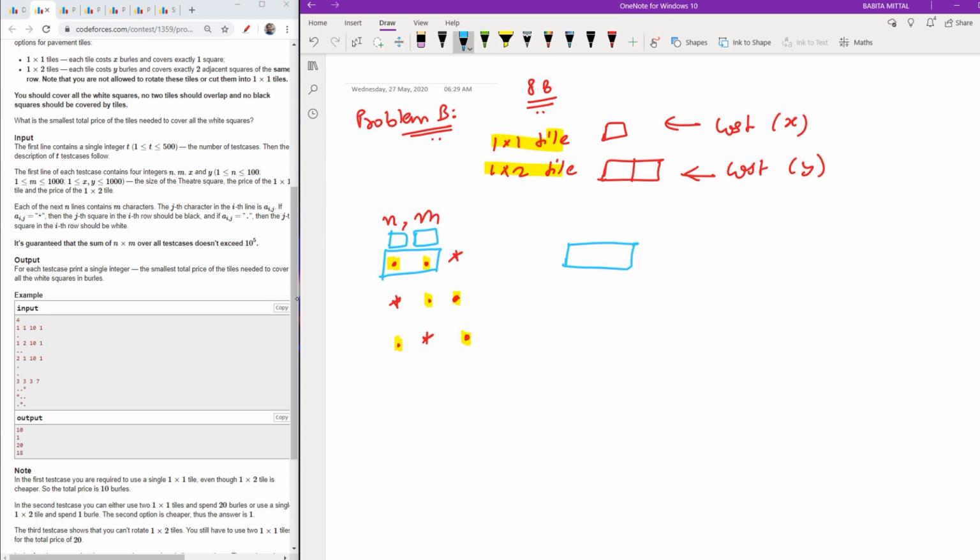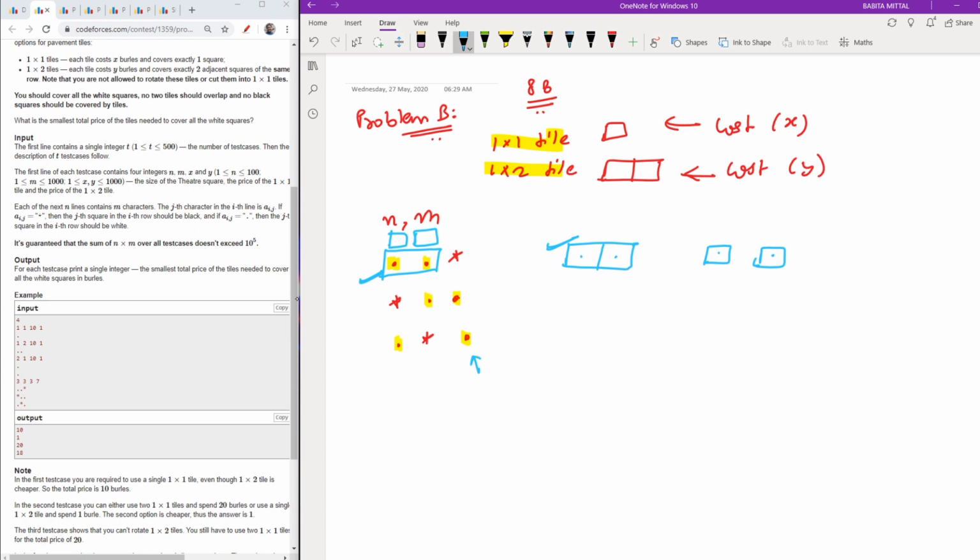If you have a case like this, where the places are isolated, then you have only one choice, that you have to place 1 cross 1 tiles. But if it is a case like this, then you can place 1 cross 2 also and 1 cross 1 also.